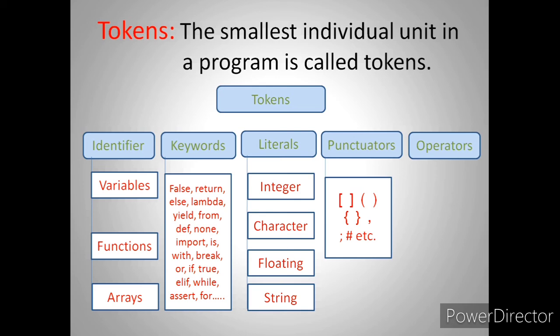This is generally used while we are writing any expressions, and in many more purposes these brackets are being used. For example, in a print function. When you are defining any function, you have to write the small braces, open and close. Then the same bracket is being used in an expression. So it is being used for different purposes and different significance. So the punctuators are only what? Symbols which convey different meanings in different situations.